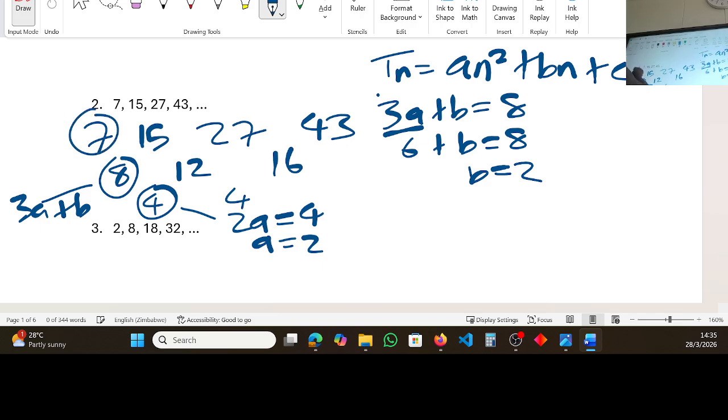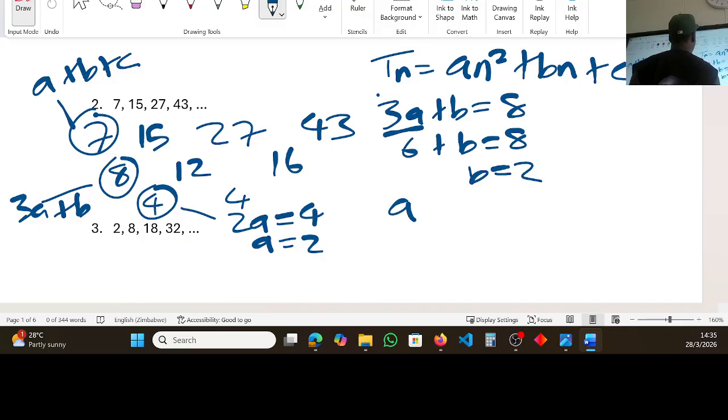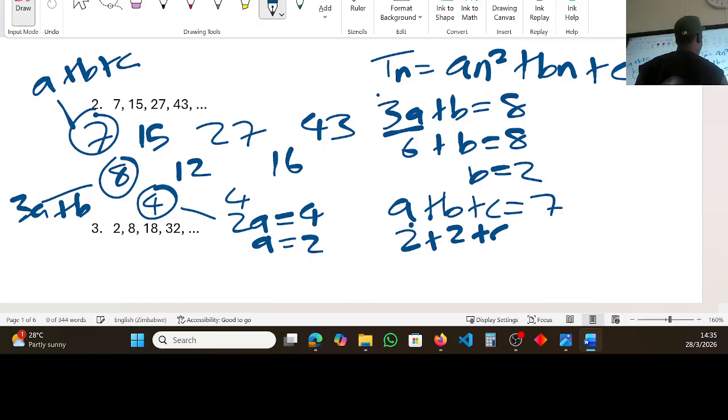Then for the first term here, a plus b plus c equals what we have in the first position. So a plus b plus c, my result is 7. But I got a as 2, b as 2, therefore c will now lead us to 7. So c is actually 3. When I come to my formula here, I'm saying Tn is equal to, because I got my a was 2,